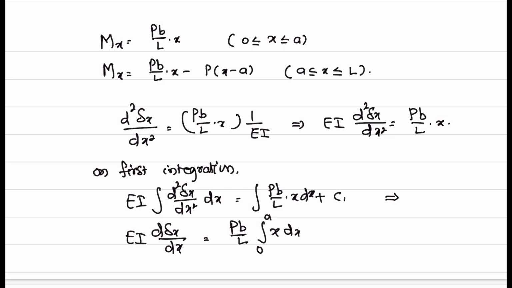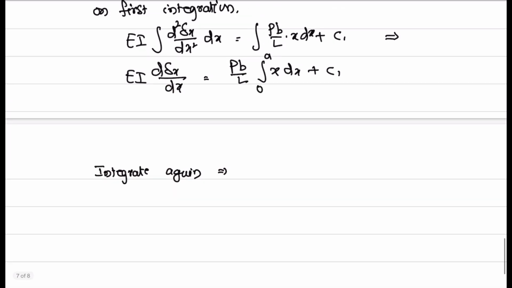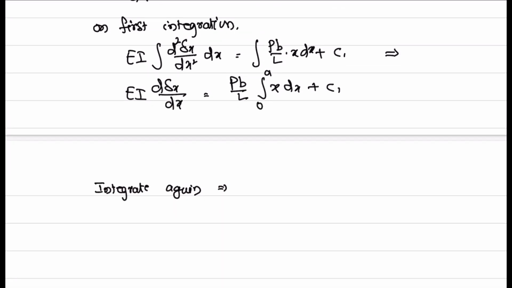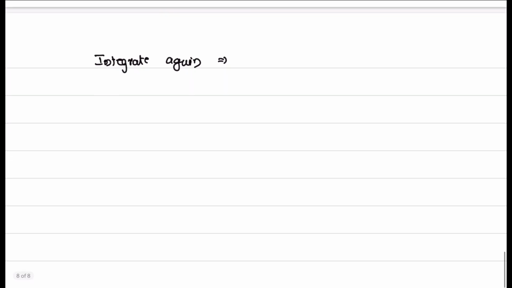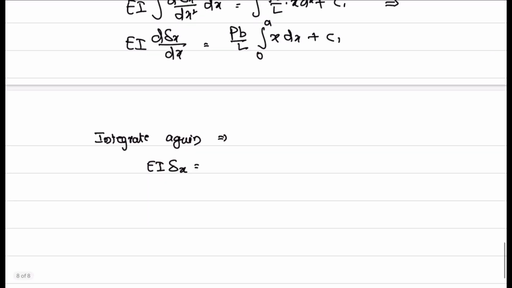Because the limits are 0 to a plus C1. That is first integration. Now we will integrate again, because we have to remove this d delta x by dx also. We have to integrate again. That implies when you integrate again, d delta x by dx will go and delta x will be there. EI into delta x is equal to left hand side PB by L